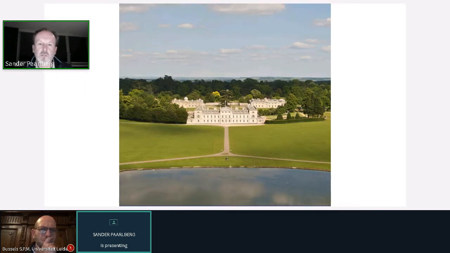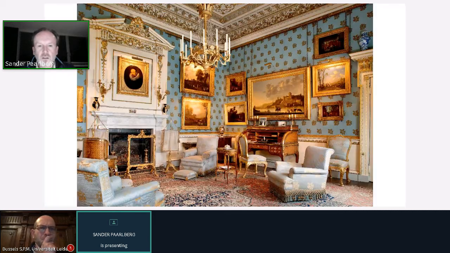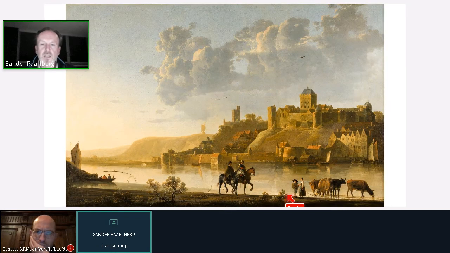This is the estate of the Duke of Bedford, and there are 3 important paintings by Aelbert Cuyp. Here you can actually see on this wall this beautiful view of Nijmegen. You see, that is this painting, and we were very lucky that Woburn Abbey actually at this moment is being renovated,